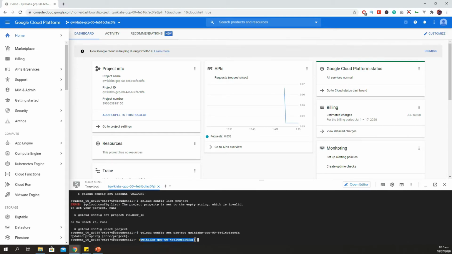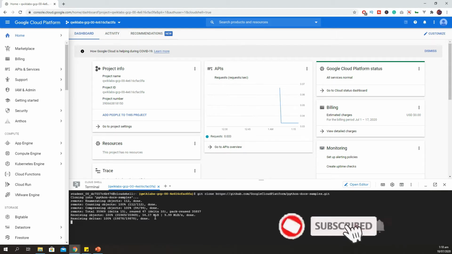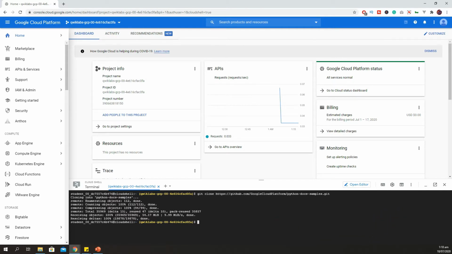Now, next we will clone our sample project and use that project to deploy on our Google App Engine flexible environment. After cloning this project, we will access the directory of the project where we have to perform our other tasks, and for this we cd to the directory where we need to perform our future tasks.